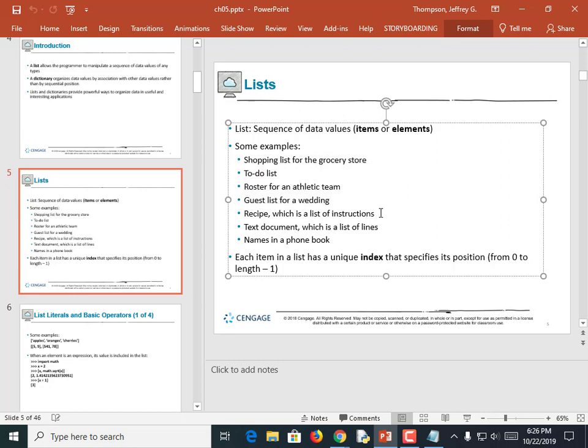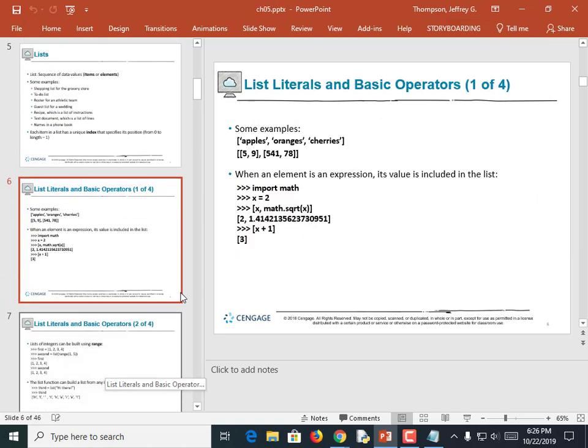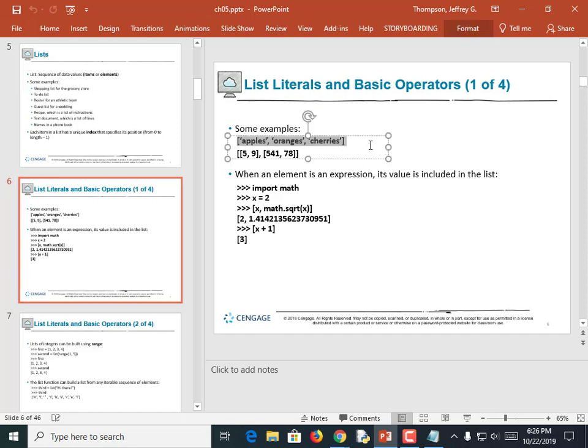The guest list for a wedding, the recipe with a list of instructions, a text document, which is a list of lines, and names in a phone book. Those are all lists, right? Sequence of numbers, sequence of grades, sequence of salaries. So that's a list. Normally you would declare a list and assign it to a variable, right? Normally you'd say something like fruit equals, but you don't gotta. And here's a list that contains lists inside it, which is a little bit weird,